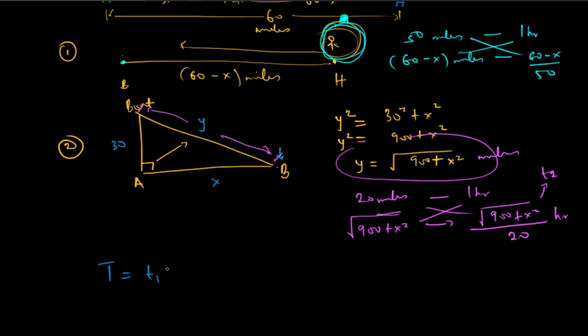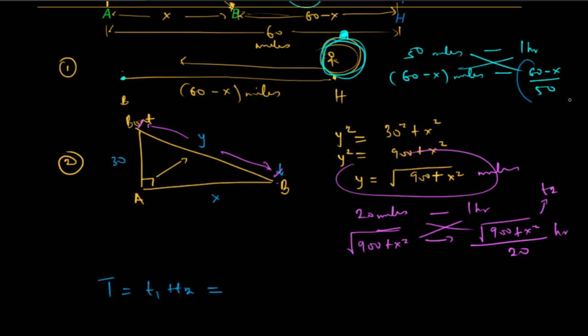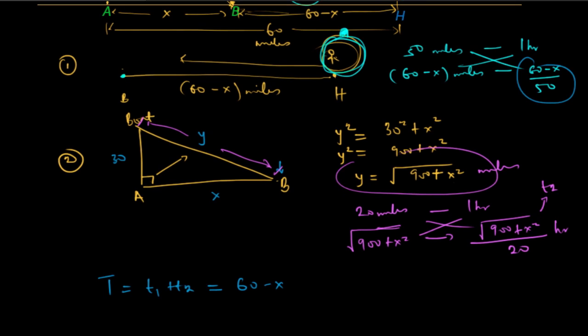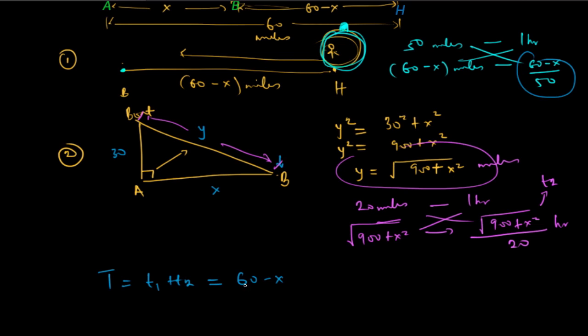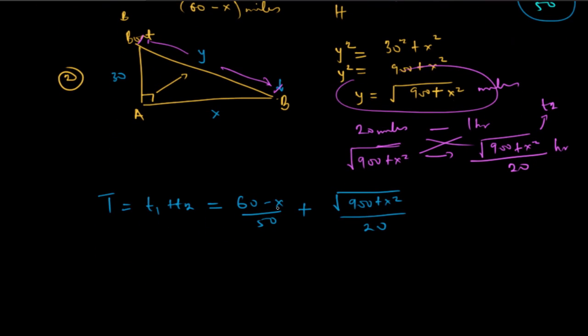is T1 plus T2. And our T1, like we obtained above, is this, which is 60 minus x divided by 50, plus my T2, which is the root of 900 plus x squared divided by 20. So this is the total time taken that the whole process is going to go through. So our aim is to find the value of x that is going to minimize this